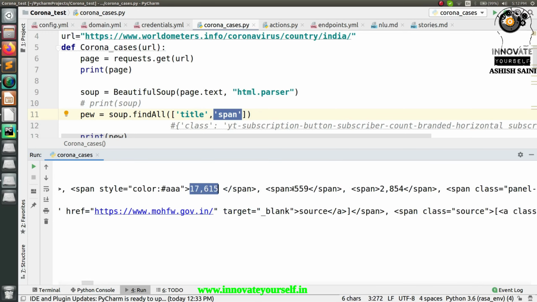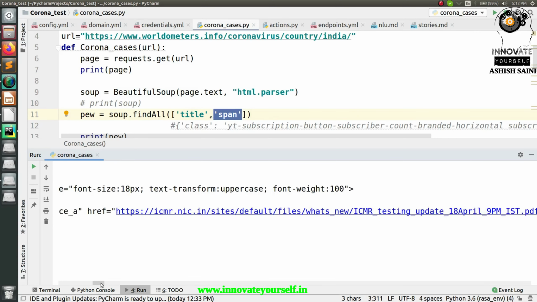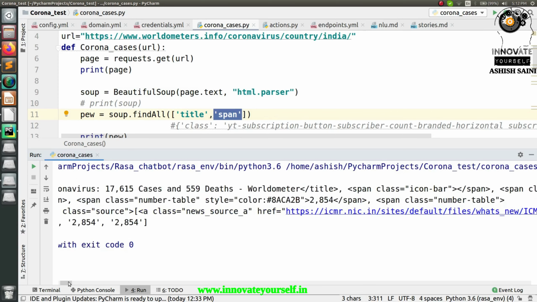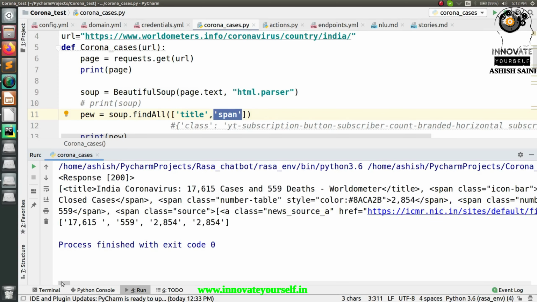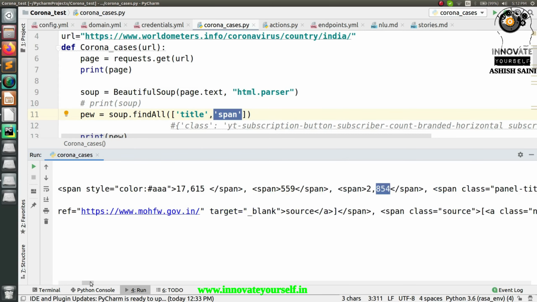After that, these are the number of deceased, which is also associated with span. Also after that, your recovered ones. So this is how we can do that part. Got it?